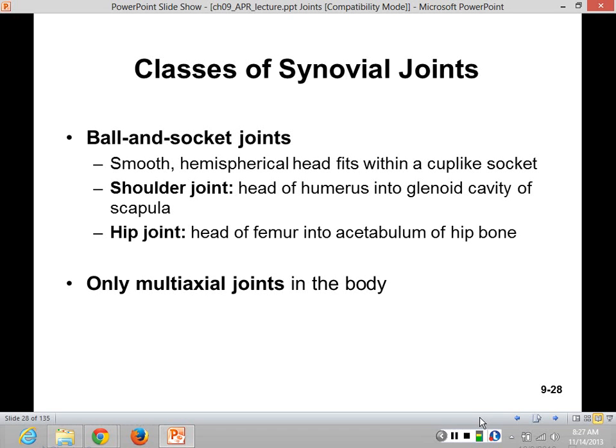You guys know the glenoid cavity because you've had a bone exam, right? So hip joint, which is another one. Here we go. Where's the ball? The head. Where's the socket? The acetabulum. Ball, what? Socket. Only multi-axial joints where? In the body. Can move through all what? 3 planes. If you look on page 289, they're showing you the 3 planes that your shoulder joint can move